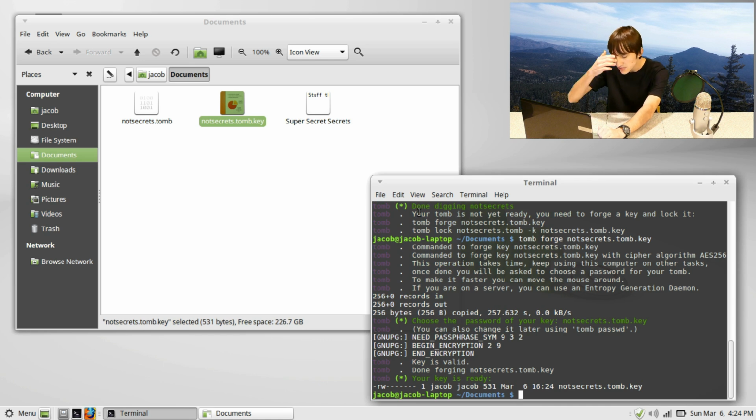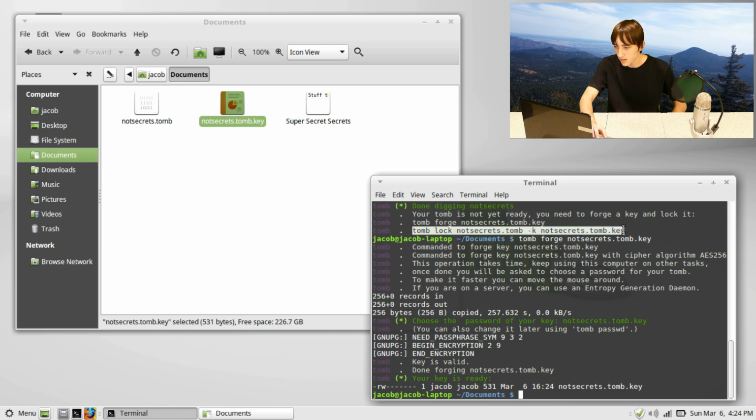As you can see, pretty much instantly after we hit enter on the password there, it says your key is ready. So now what we'll do is, you can see we still have the feedback from the last command we ran up here. This is the next thing we'll do: you have to use the key to lock the tomb. So tomb lock